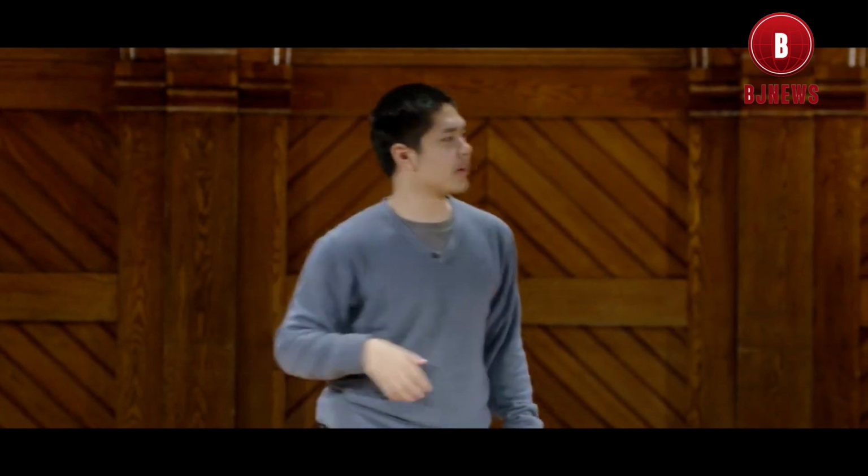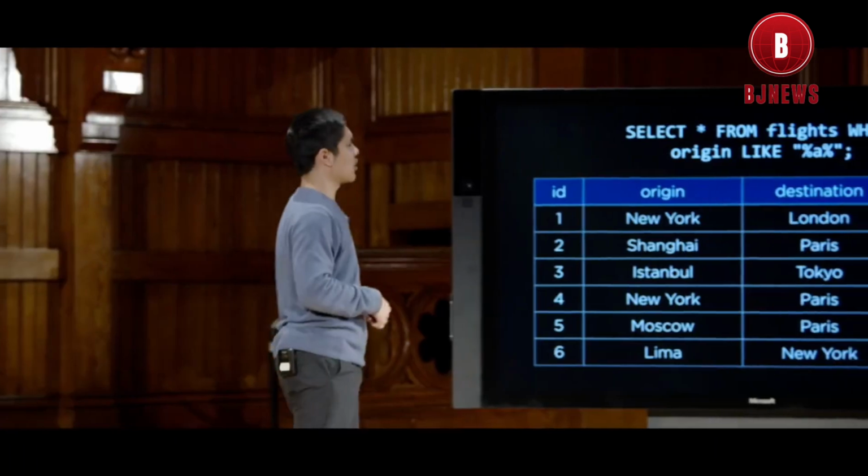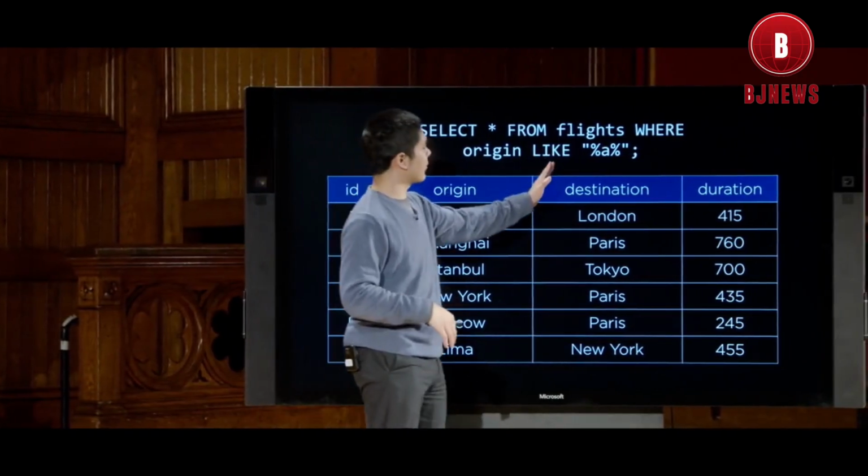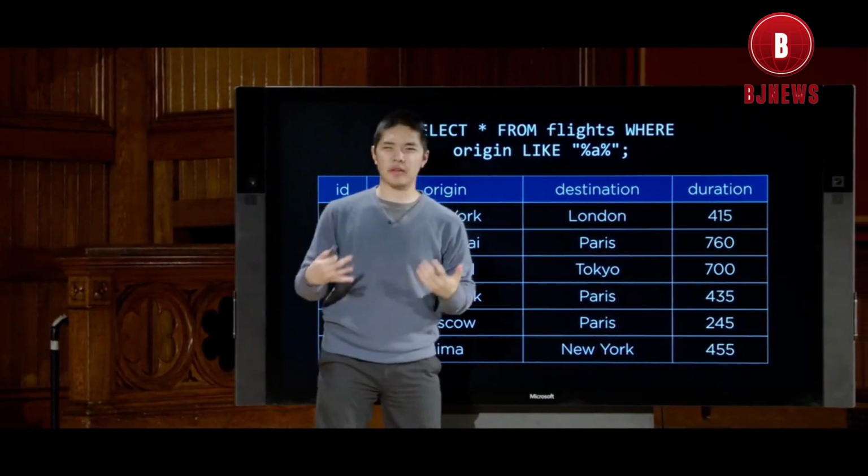So you can begin to construct more sophisticated queries that are able to check for whether an origin is in a list of possible values, or even if it matches a particular pattern. Maybe you know that one of the columns looks a certain way or is formatted according to a particular structure, but you don't know exactly what the value is. I could run a query like SELECT * FROM flights WHERE origin LIKE, and then in quotation marks, I have a bit of a strange expression,